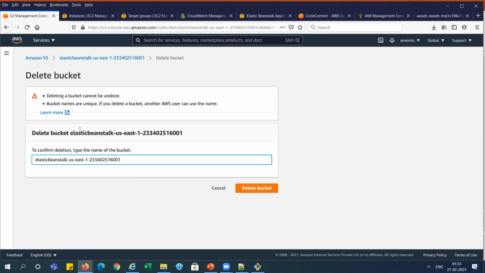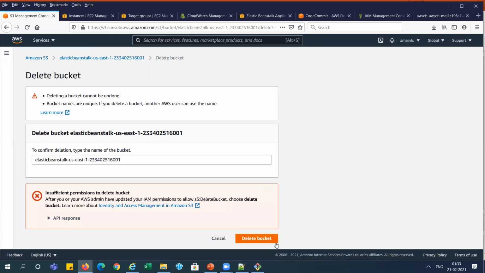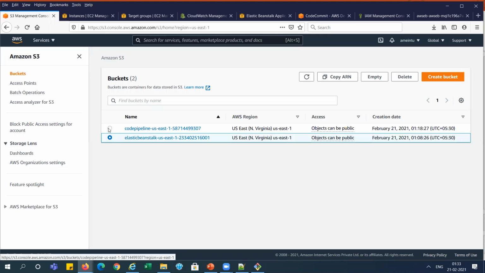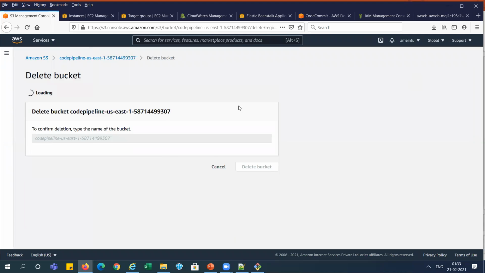One bucket is created by Elastic Beanstalk, one bucket is created by CodePipeline, right? So I'm deleting both. I think insufficient access. So let me wait, or I will delete it. No problem. Let me do it.